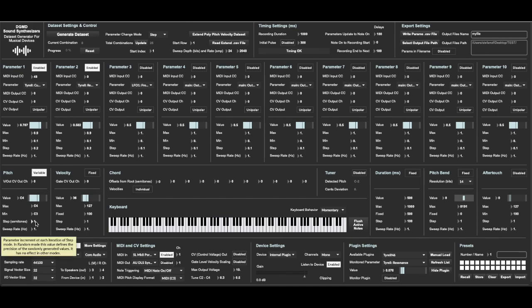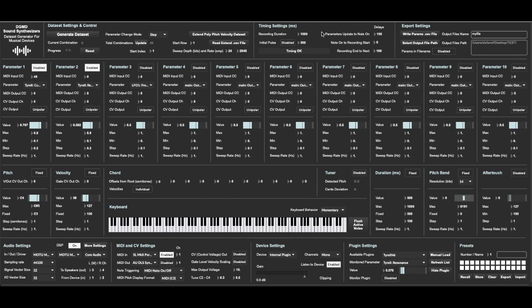In this case, it is expressed in semitones. So if we go, for example, from C3 to C4, that's actually 12 values. And as you can see here, this number grows significantly. But if we disable it, we go back to 25. For example, if we go only from C3 to C3 sharp, there's going to be only 2 different pitches. If we put it variable, this is going to be probably 25 by 2. Indeed, it's 50. So let's see this in action, and let's try to understand what happened when we press generate